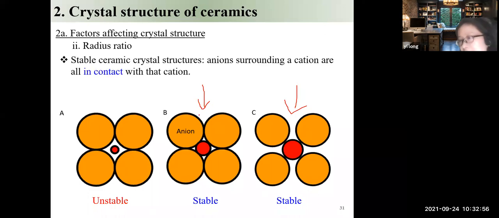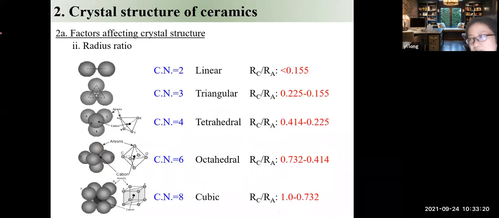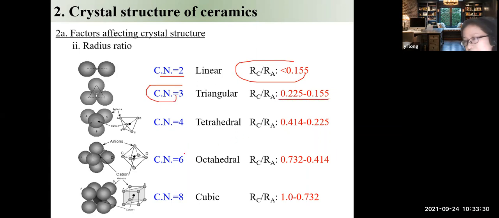But the minimum case happens when, for a specific coordination number, there's a critical or minimum cation radius ratio RC over RA for which this contact can be maintained, which means that the ions need to be in contact. This will help you to determine the minimal RC over RA. I said this table is very important. CN2 is this region, CN3 is this region. So we have already calculated the